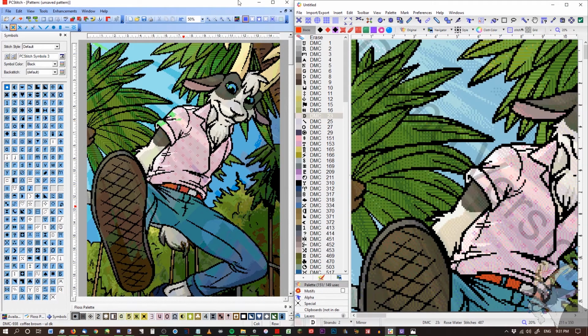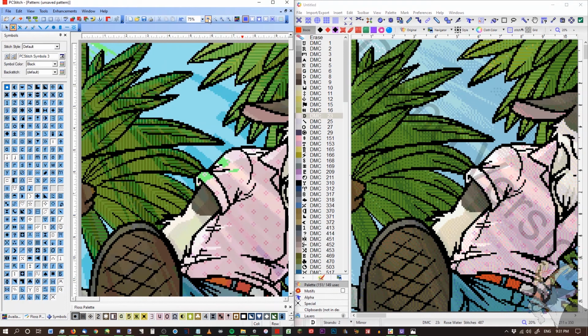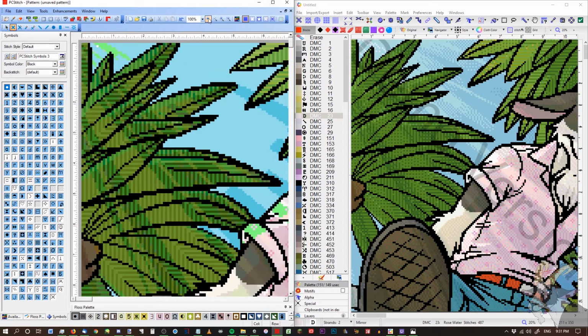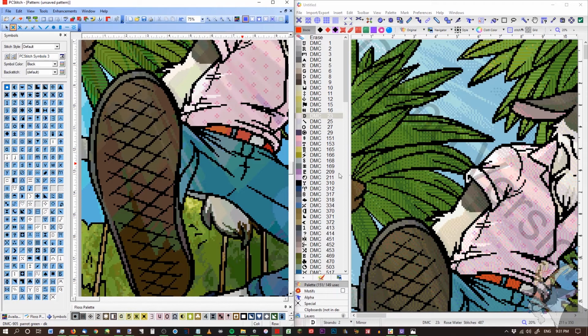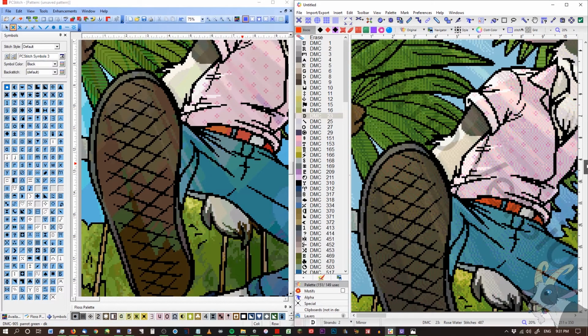So my palm trees over here, if I zoom in a little bit more, oops, too much, okay. So my palm trees over here, you can see that there was a very deliberate pattern in the lines there. You can kind of see that pattern over here and in some places over here, but a lot of that did kind of get lost, whereas the light coming through the palm trees over here looks really good, but then once we get down to his shoe, if that wants to scroll,